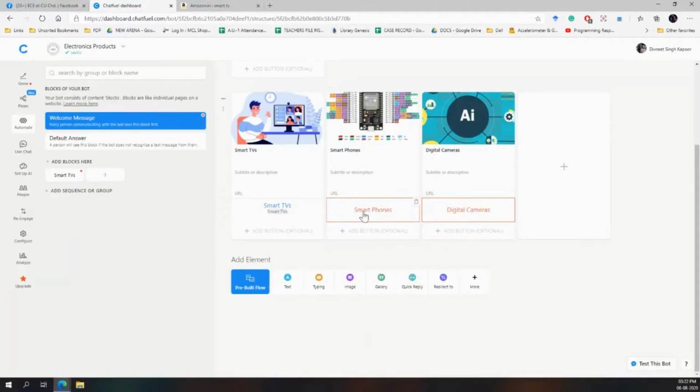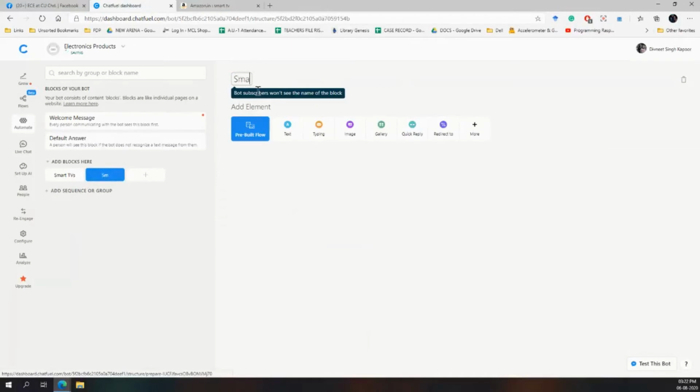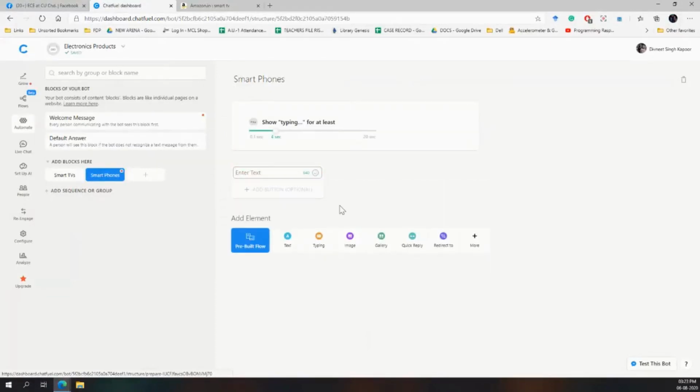Let's say for smartphones I am making another block. So this is the smartphone block. Again, I am asking which brand of smartphone you want to buy.